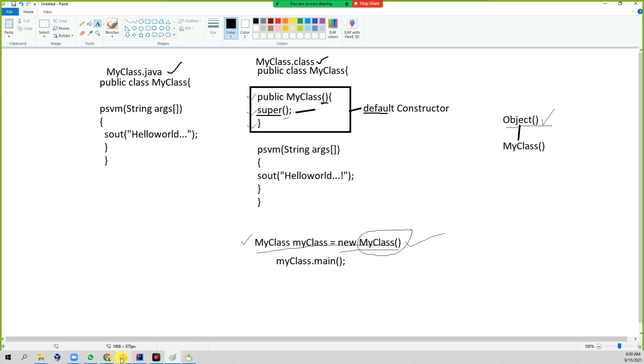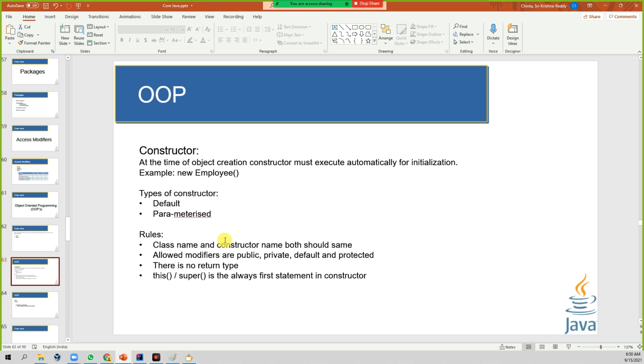So what is the use of this constructor? A constructor is mainly for any initializations. That means before you use your logic, if you require any sort of information, you keep that information in the constructor. So during object creation time, those initializations will be live when you use your logic. That is the main intention of the constructor.